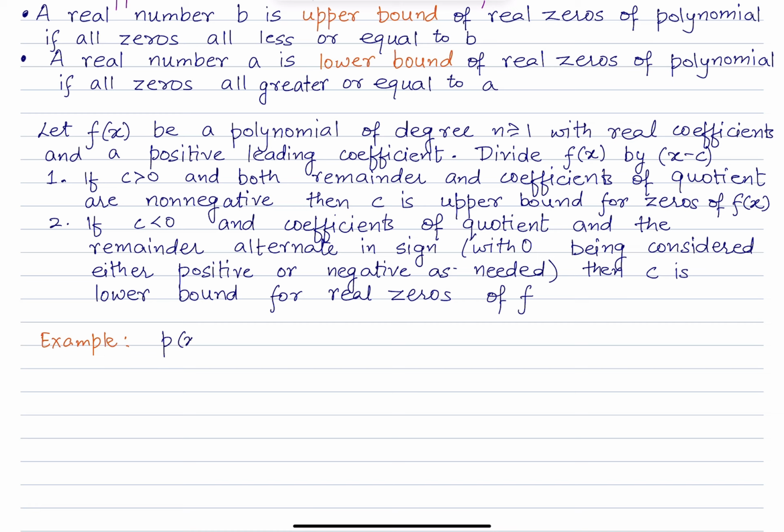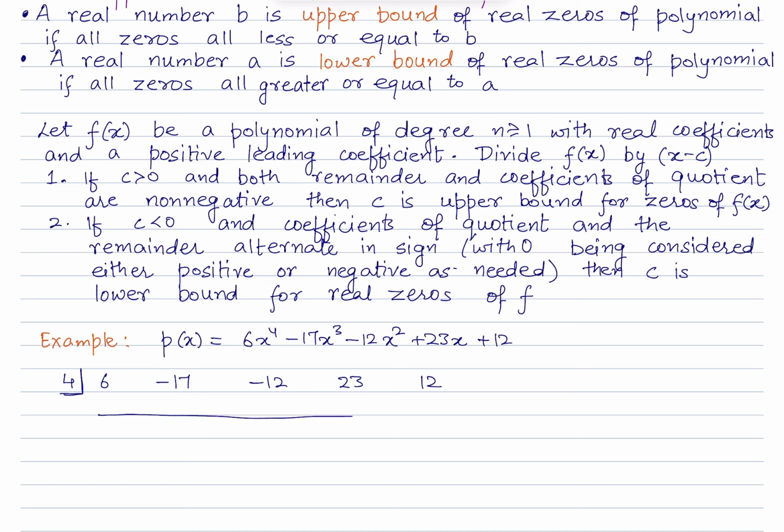Let's say we have a polynomial given by 6x^4 minus 17x^3 minus 12x^2 plus 23x plus 12. And we want to check if 4 is the upper bound and negative 2 is a lower bound. So if you are checking for a positive number, first condition, if your c is positive and you are checking if it's an upper bound,